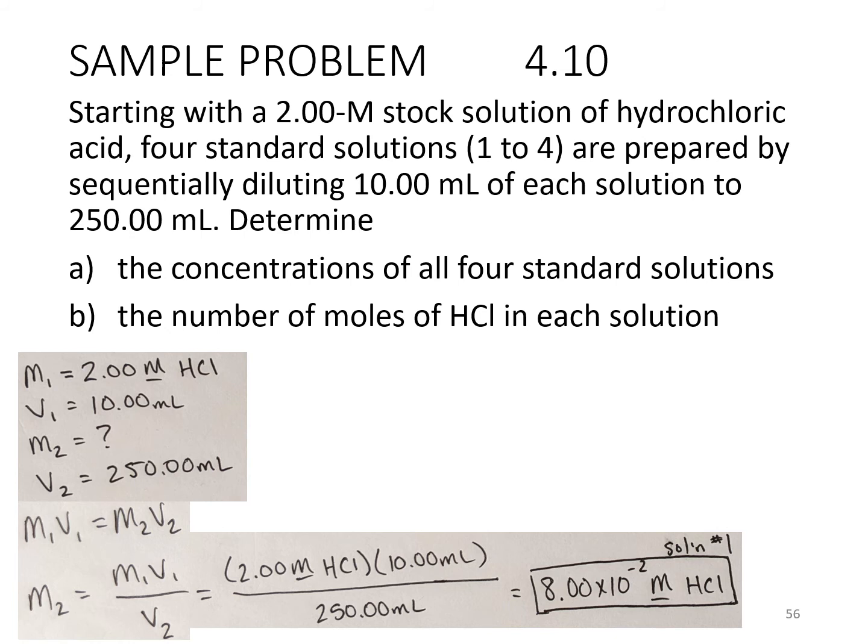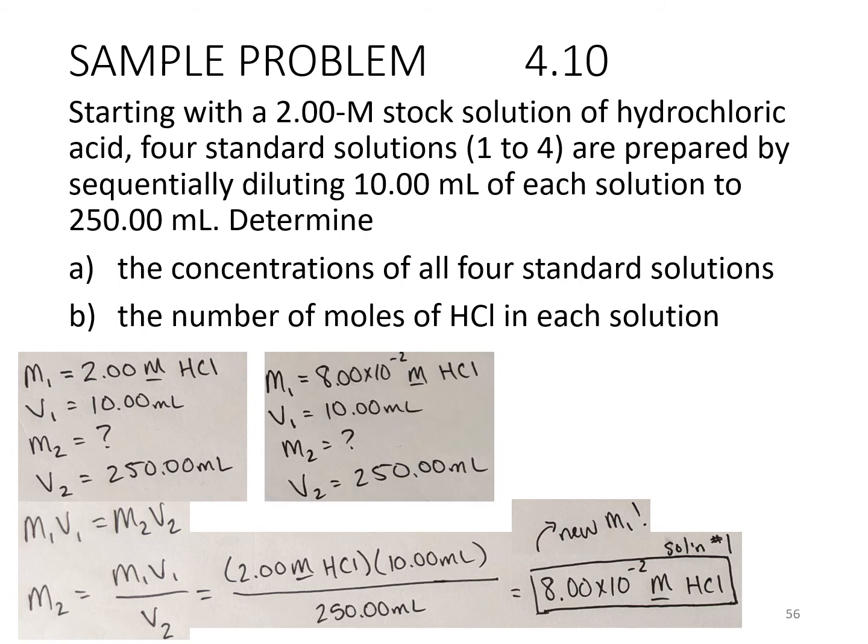Now, somewhat confusingly, we have 250 milliliters of the solution currently, but in order to do this standard dilution, we're going to take just 10 milliliters of solution number 1 and do this again and dilute it up to 250 milliliters. That is this serial dilution or sequential dilution. Okay, so this is the new M1. We're just going to use M1V1 equals M2V2. So we're just going to plug this new thing in as M1. And again, we're only taking 10 milliliters of